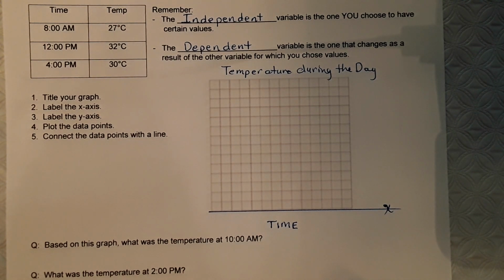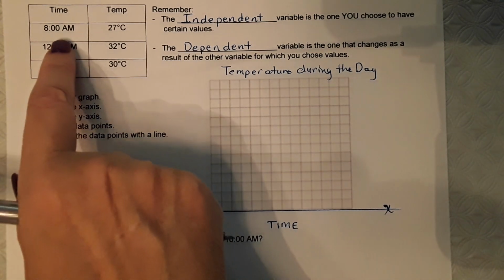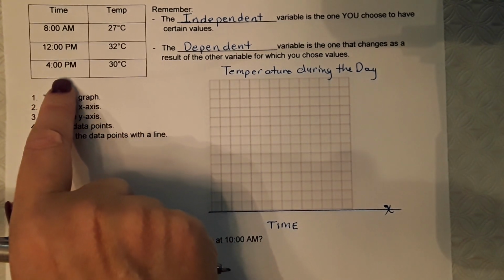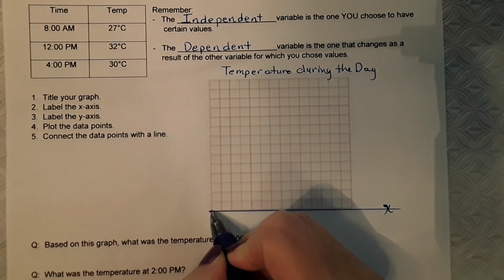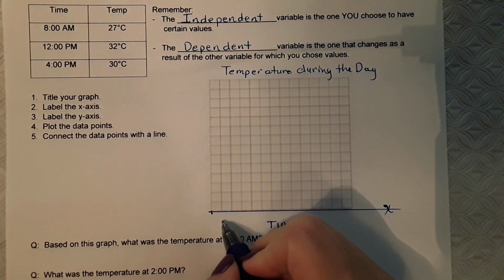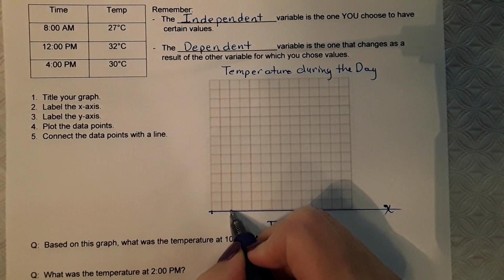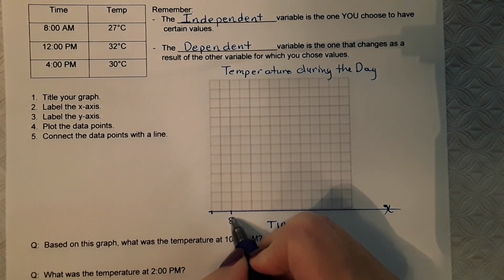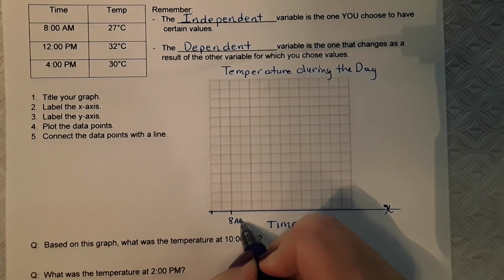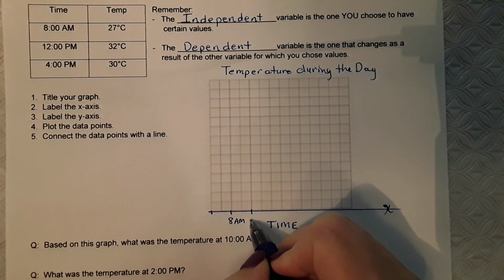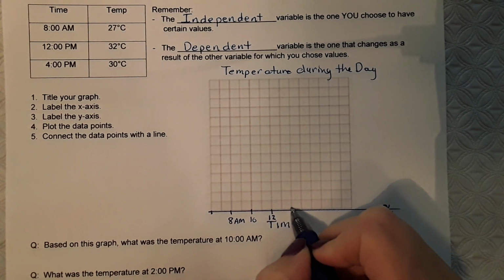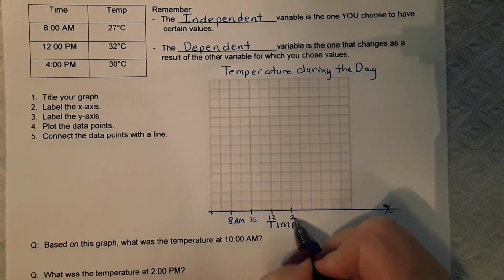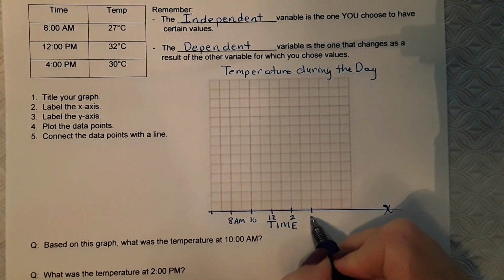Okay? Now, look at the range of our data. Our data goes from 8 a.m. until 4 p.m. So I would suggest we do this. We start right here at 8 a.m. And then we go to 10, 12, 2, 4,